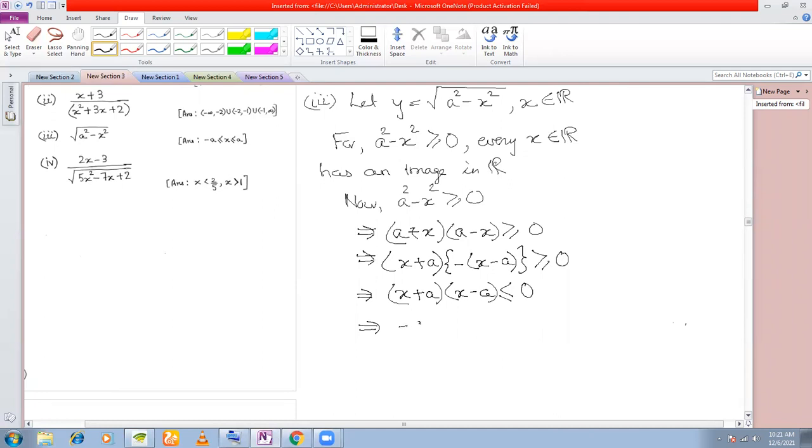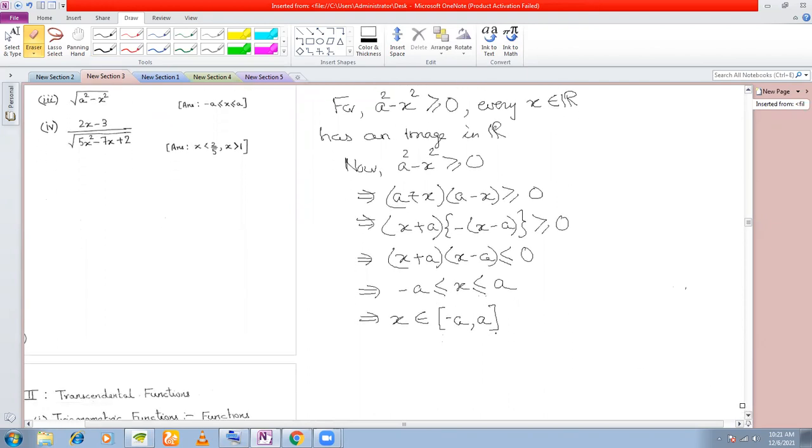X must lie between minus a and plus a, right? That means x must belong to what interval? Remember interval when I was doing in sets? Now we are coming to the application of those intervals. Minus a and plus a. So x belongs to which interval? This closed interval, right? Because you have an equality here also, that is why the box brackets here. If you don't remember intervals, please go through a definition of intervals.